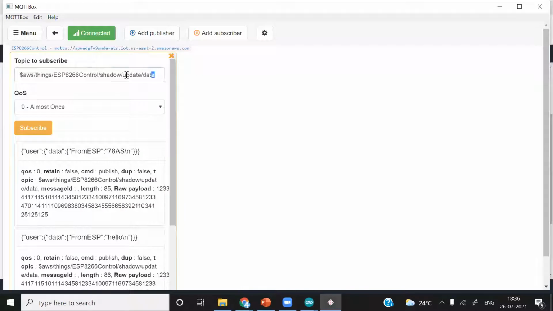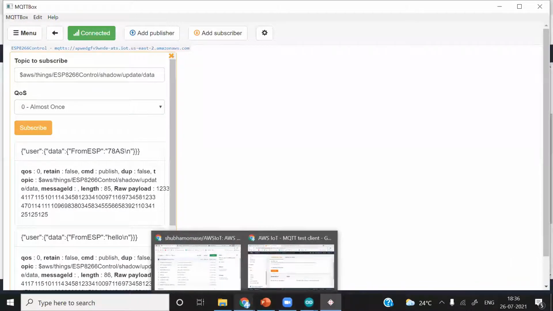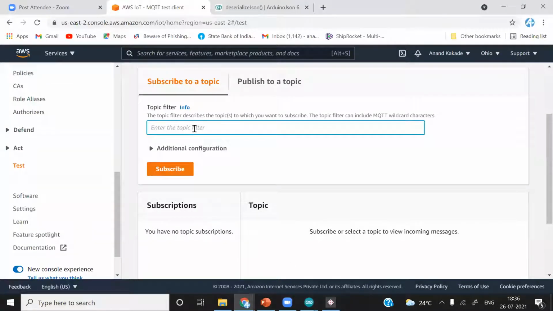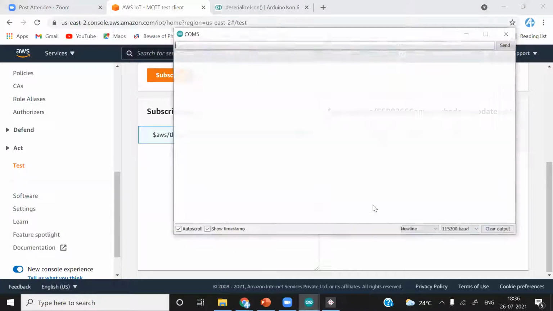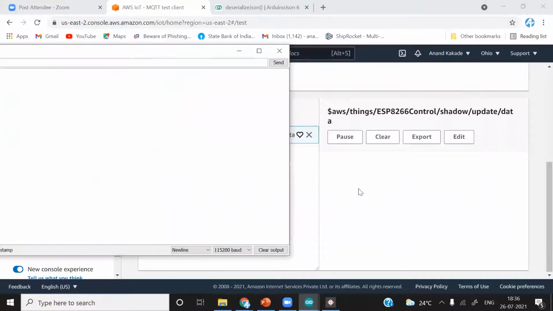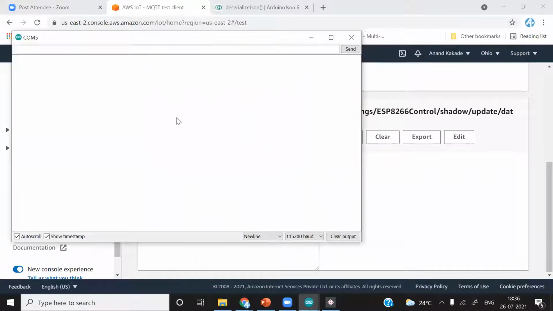I'll just copy this one, Control C, and paste it. Subscribe it. Now we'll send the data. You can see the screen is now empty here. There is nothing.